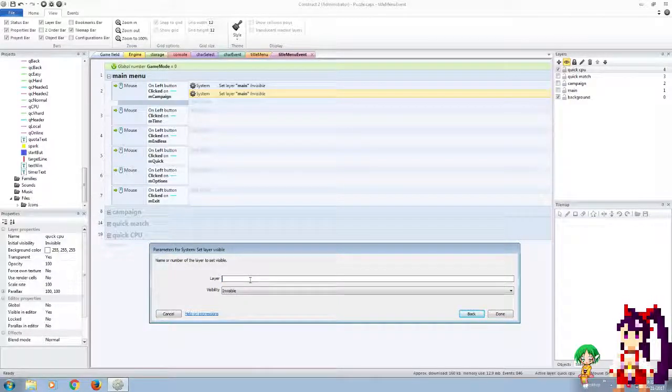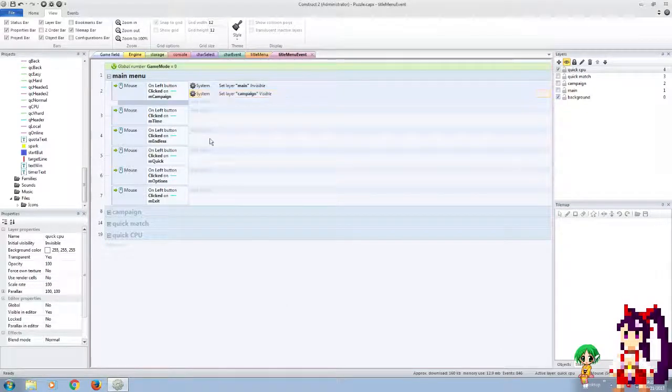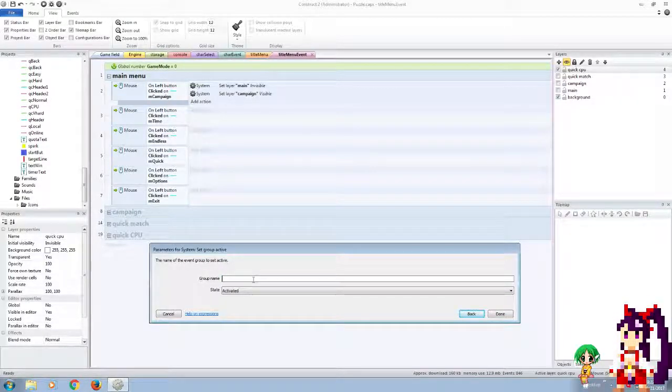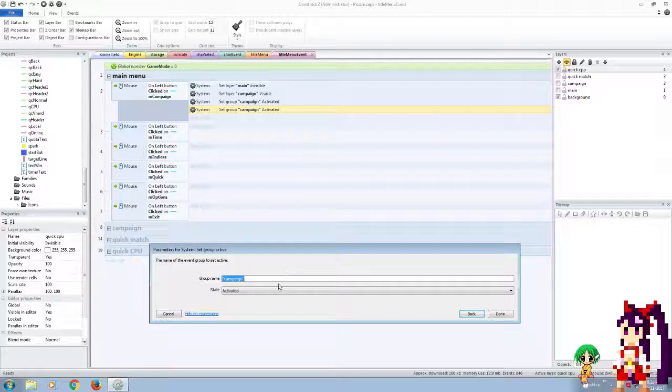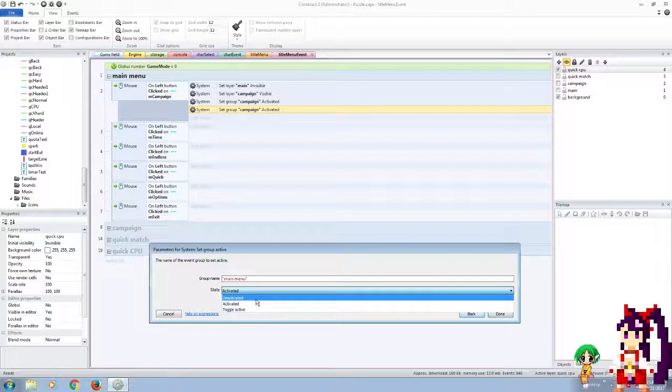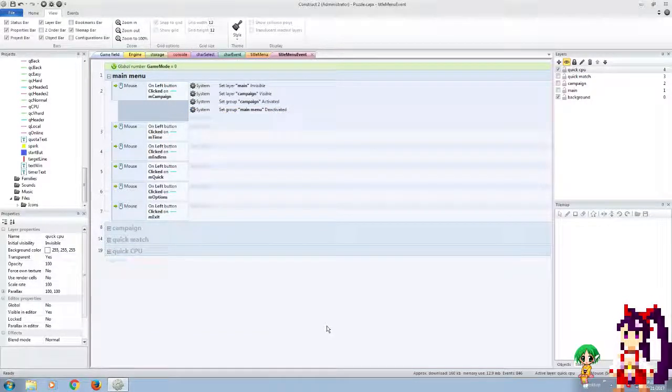Set layer campaign visible. Set group active. Campaign active. Main menu deactive. And